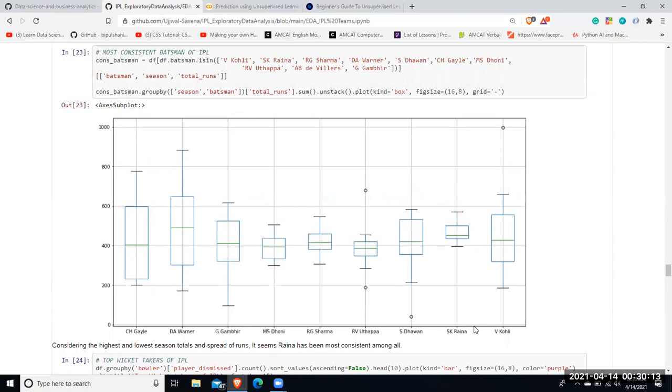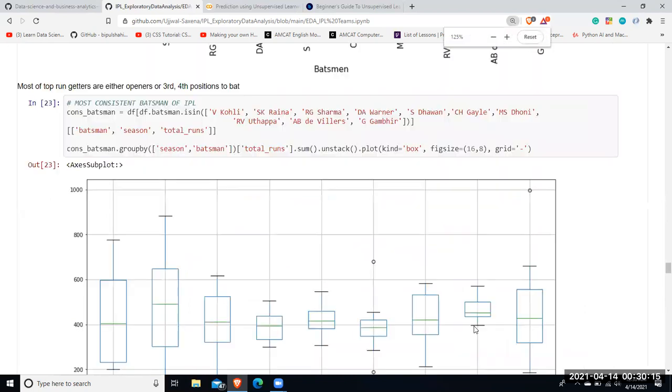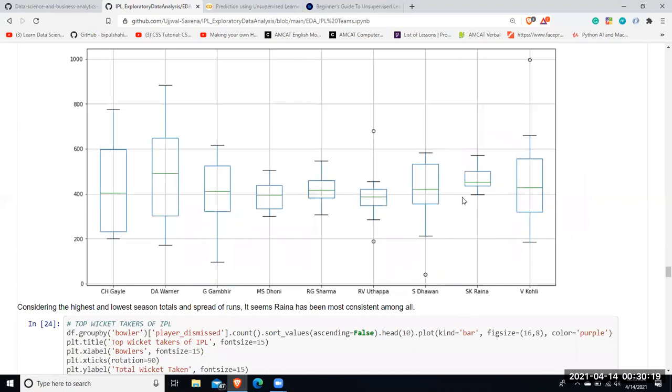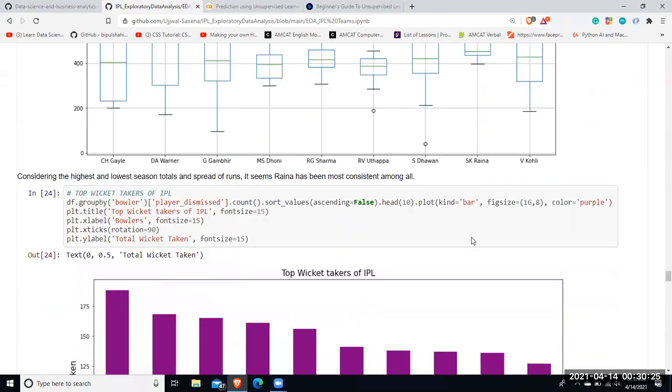So that means SK Raina, as you can see, is the most consistent batsman of all the 11 years of IPL seasons, right?